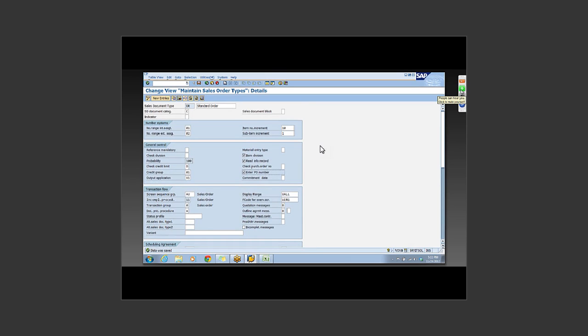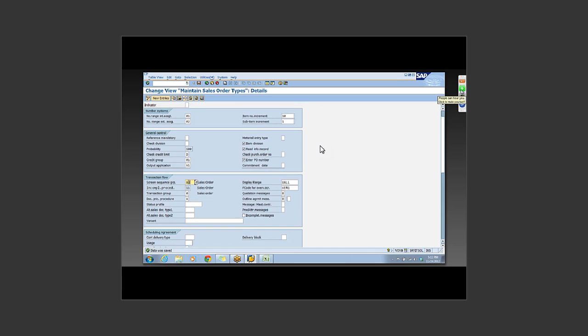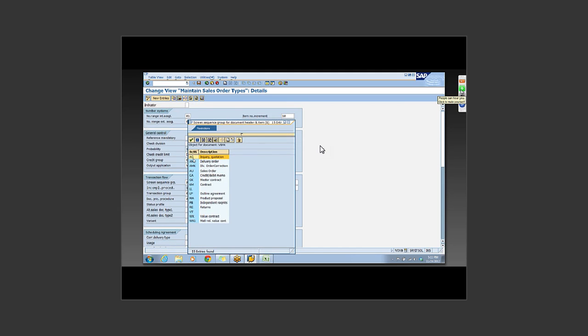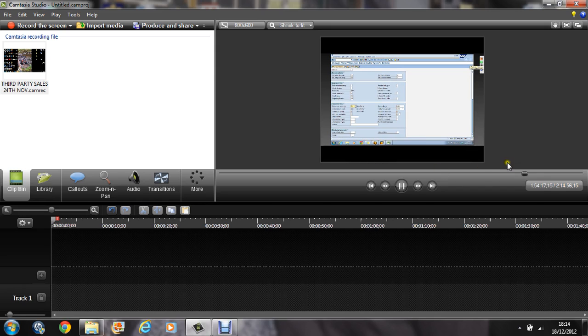So here normally you can see whatever the screen is there for your sales order, normally you are going to upload your previous screen. Whatever the screen you are getting, you can see inquiry will be coming as GC for your inquiry. And the thing is, if you're going to create